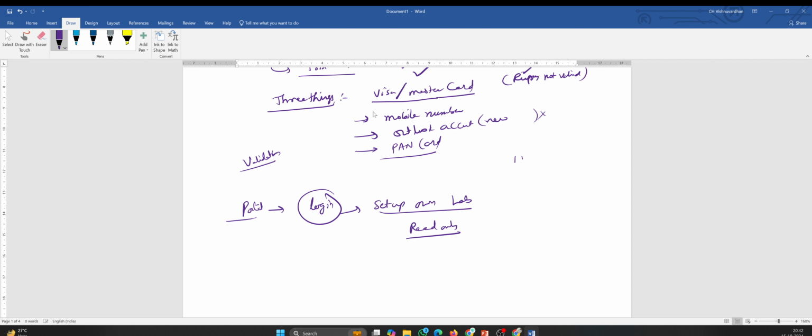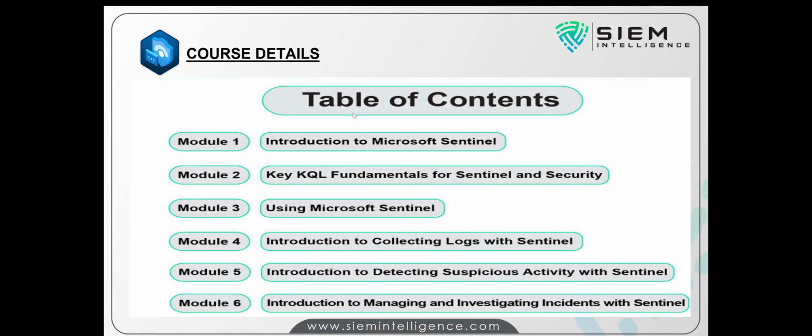It will cut only 1 rupee from your MasterCard, and it will automatically get disabled after 30 days. No need to worry. It is not automatically renewed. There is no automatic renewal here. So these things we are going to understand during this particular course, along with the introduction, how to collect the logs, and detecting suspicious activity using threat hunting and all,